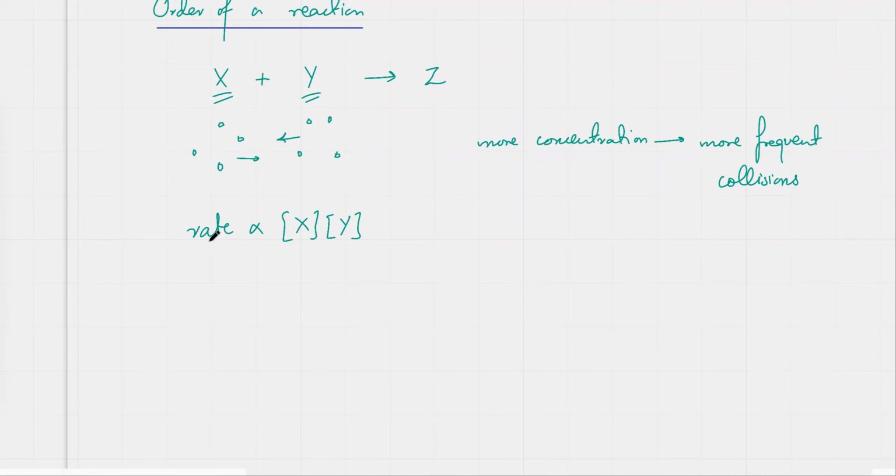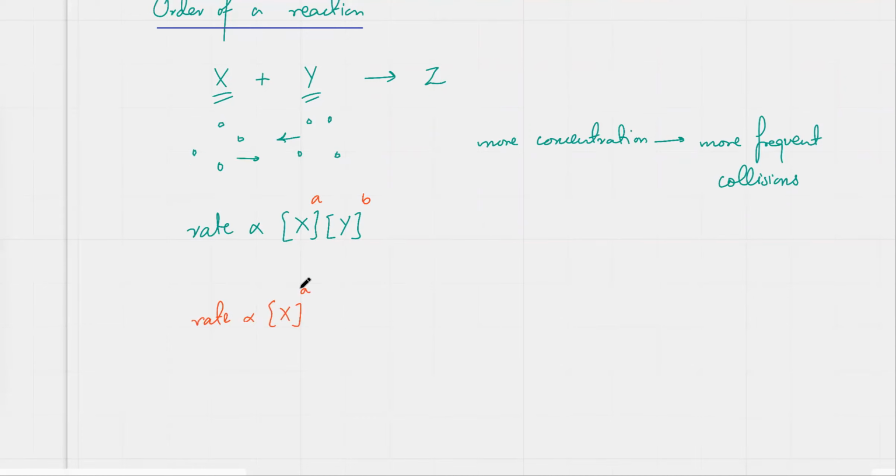But how will that affect the rate? The relationship is not a linear relationship. It varies a lot. So there's power A and there's power B. That's known as the order of the reaction. That basically determines, if I independently assess that rate depends on the concentration of X and the power is A,